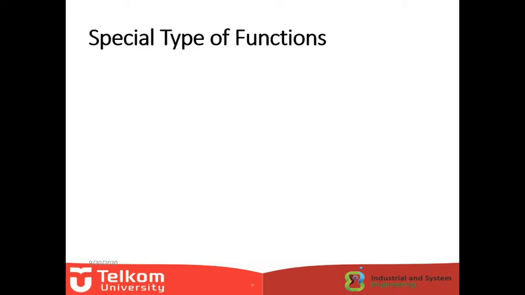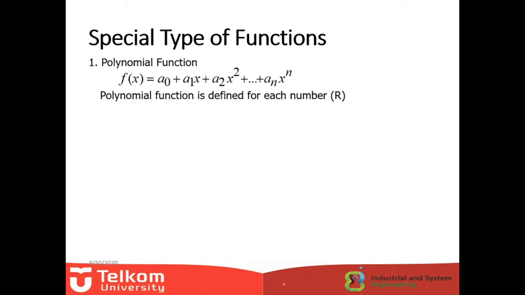In the next, after we define the elementary function, also there are other functions, yeah. The other function in here, we call this one the polynomial function. What is the definition of the polynomial function? If the function is defined by the sum of variables with some power. In here, with the power of n can be 3, 4, and other numbers, should be defined by each real number. Yeah, this is the polynomial function.